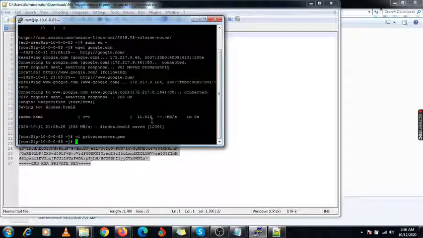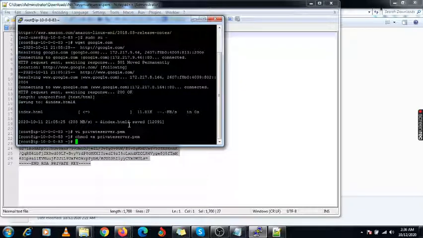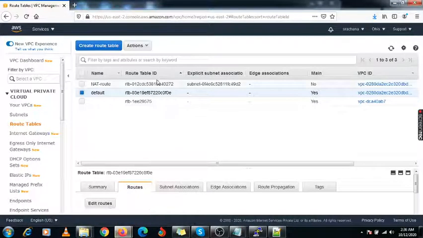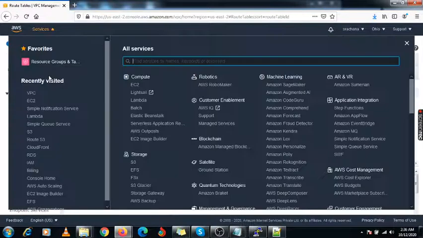Once it's saved, you need to change the permission with chmod +x on this private key. Now ssh -i private key ec2-user@ and specify the IP address of your private instance.